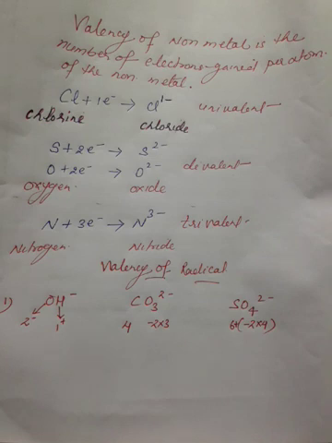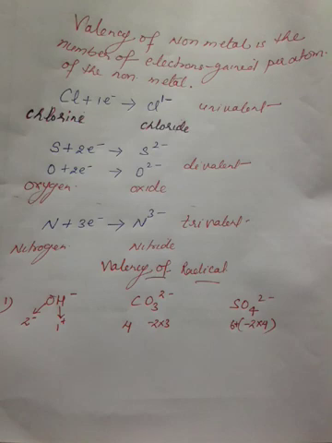I have taken three examples here. First, hydroxide ion, OH, also known as hydroxyl or hydroxide ion. Second, carbonate, and third, sulfate. So how do we find the valency? It is the overall charge present on hydroxide, carbonate and sulfate. First, the valency of oxygen we already know, that is 2-. It is electronegative, so the valency is minus. Hydrogen valency is 1+. It is electropositive. So what is the sum of these valencies? 2- plus 1+ is equal to -1.